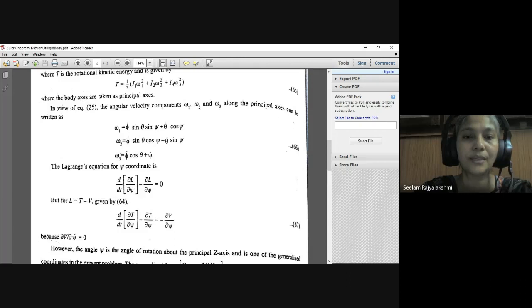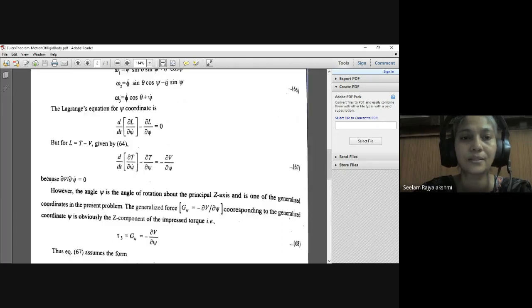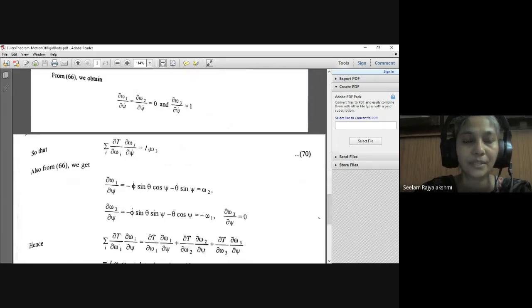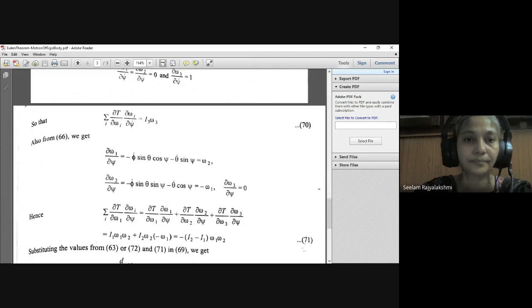But here in omega 1, we don't have any psi dot term. So omega 1 here is 0. In omega 2 also we don't have any psi dot term. That's why here also omega 2 is 0. But in omega 3 we have psi dot. So, here from the equation we will obtain